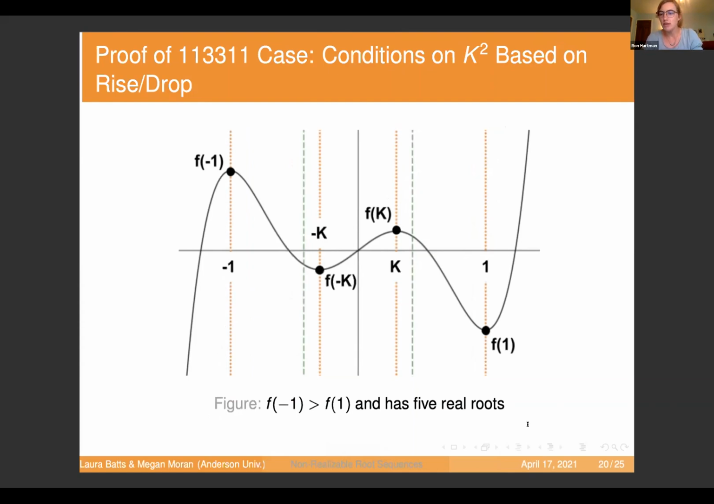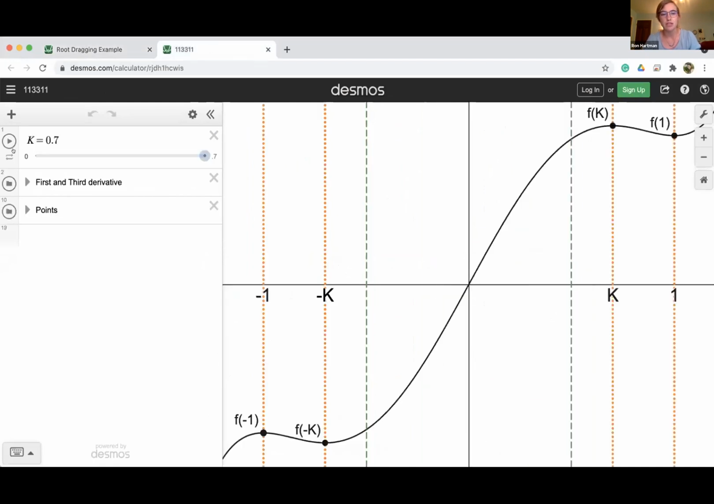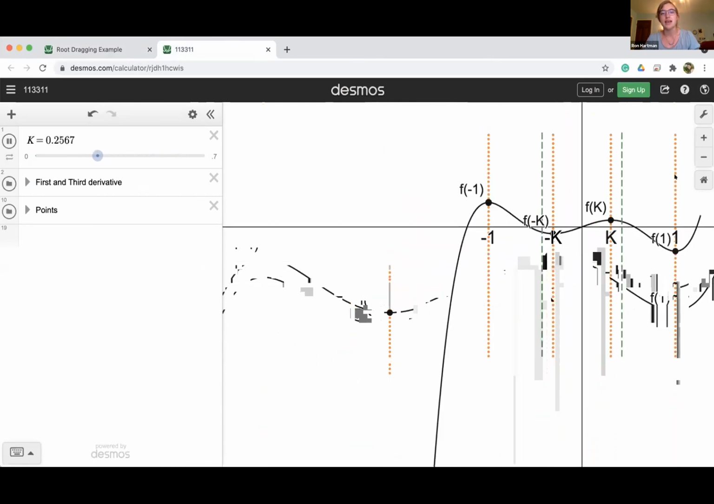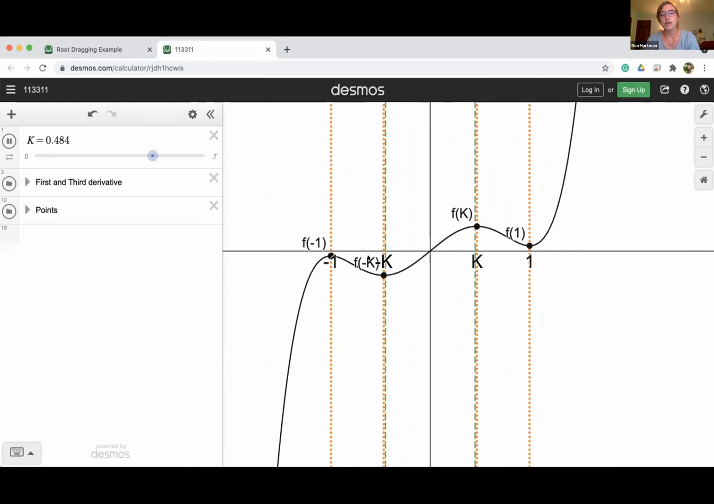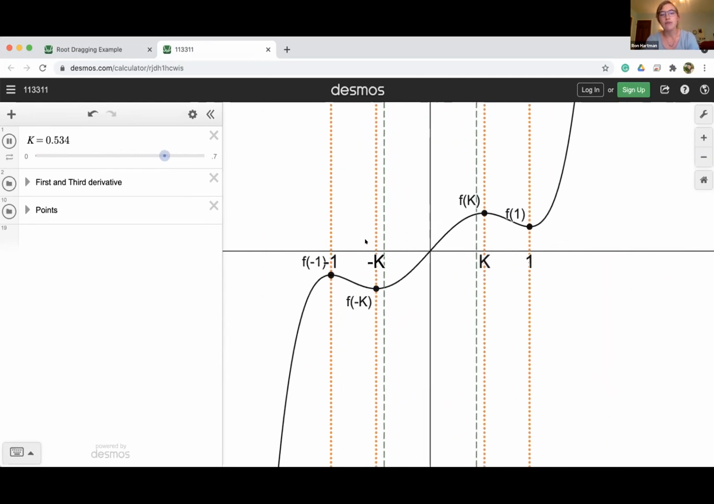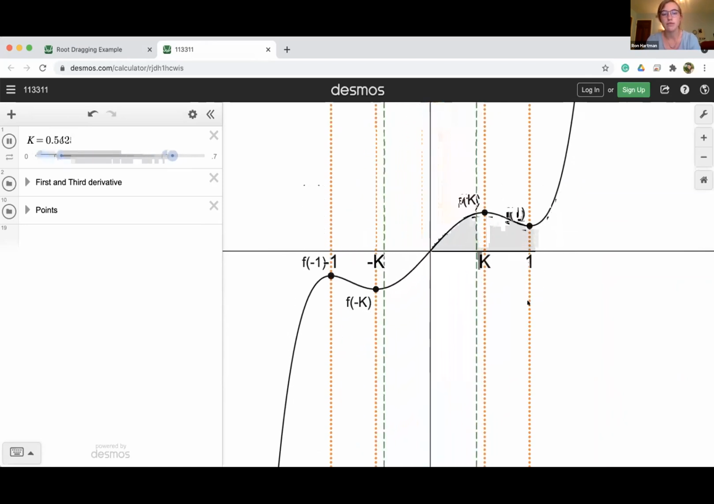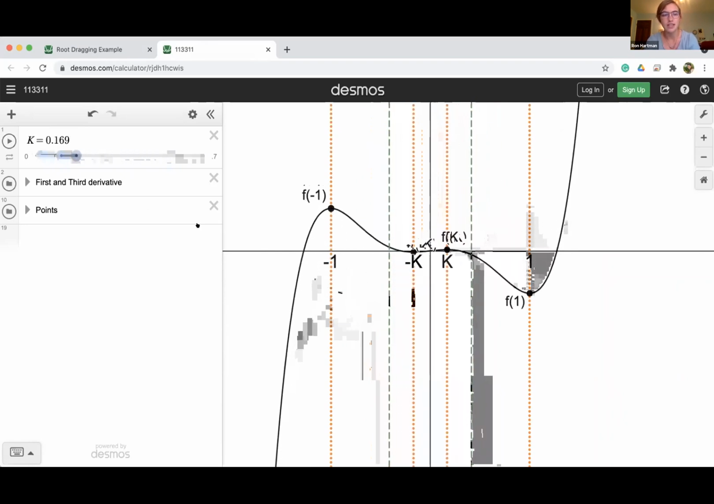And then if Megan, you could go ahead and switch to that Desmos graph, we can visualize this a little bit more with this animation. So you can see that when f of -1 is greater than f of 1, we have 5 real roots, but when f of 1 is greater than f of -1, we don't have 5 real roots. So going back to the presentation,